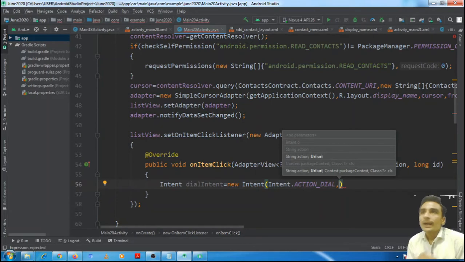The dialer application will be in front of the client and the number will be placed over there. The call will not be initiated automatically, only if the client clicks on the call button will the call be initiated. So again, the control is in the hands of the client.